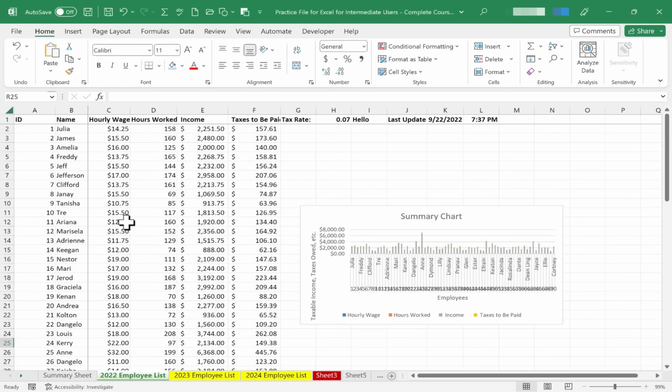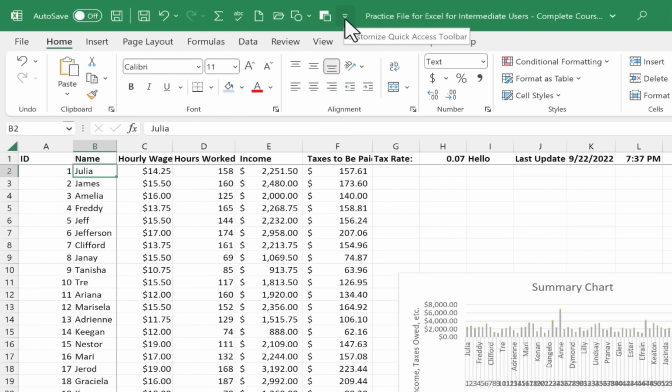Now it would be fine, of course, to create this list the way I've already shown you, just by clicking on a cell, typing, tapping Enter, and typing in the information manually that you want to include in your spreadsheet. Now let's look at an alternative. Let's move up here to the Quick Access toolbar. And I'm just going to click here on this symbol to customize the Quick Access toolbar, which is this section